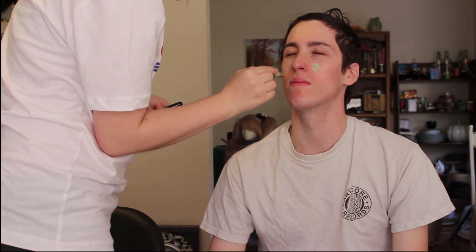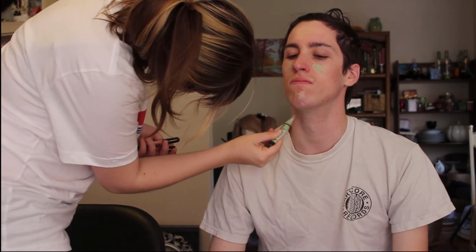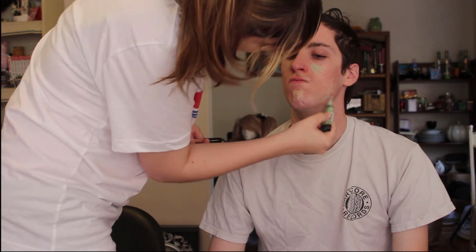So next I'm going to use color correcting concealers because he's got a lot of pink in his skin and he shaved right before this, so we need to make sure that that razor burn doesn't come through under the foundation. I'm just going to blend that out, and while we're blending I'm just going to go ahead and mention